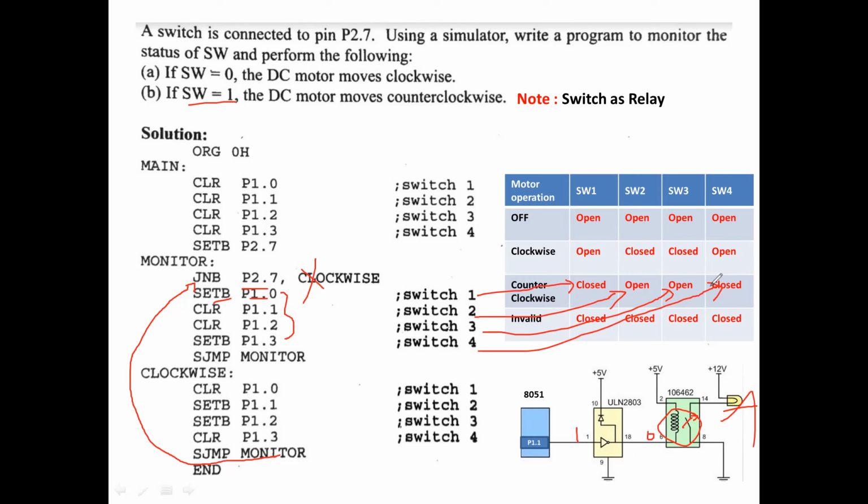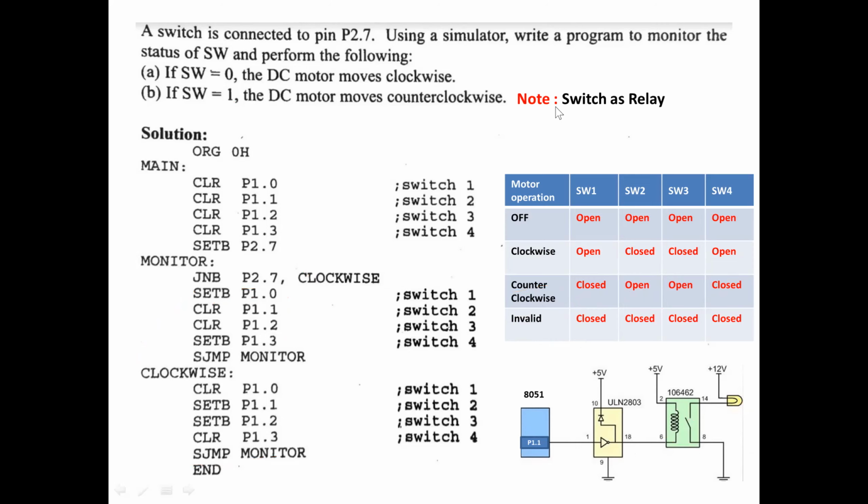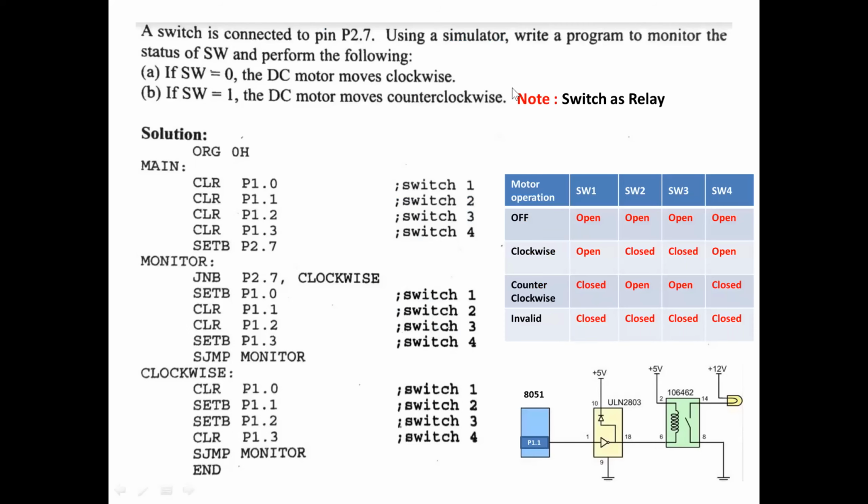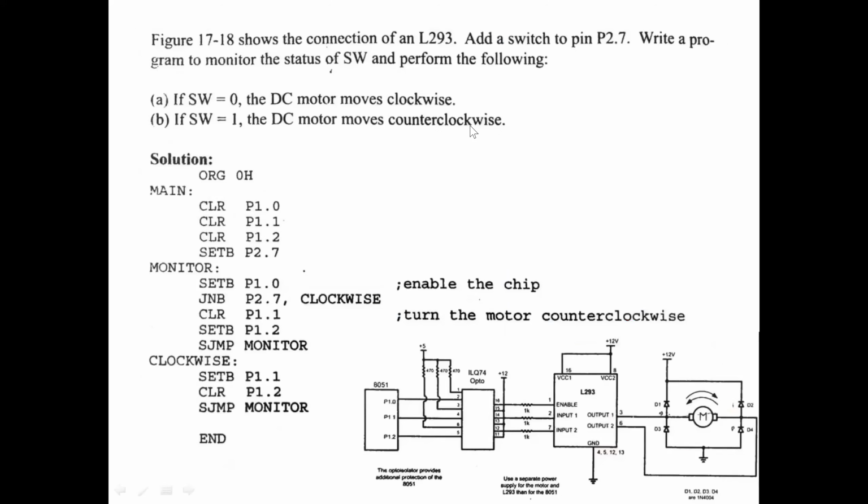So in the previous slide, we discussed how the motor will rotate in the clockwise direction, and how the motor rotates in the anti-clockwise direction. So you can control the direction by using the 8051 controller, with a simple algorithm. So like this, I told you it is switches for the H type of motor configuration.